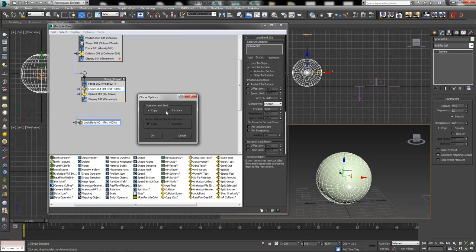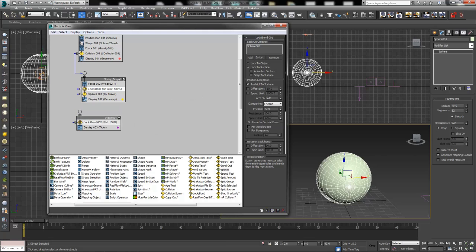I'm going to go ahead and make this one an instance. It says I want them to have the exact same properties. No sense in needing to make changes to both of them when I can just make changes to one and the other one will update automatically. That's what an instance is for. I'm going to go ahead and connect my spawn to that node there.